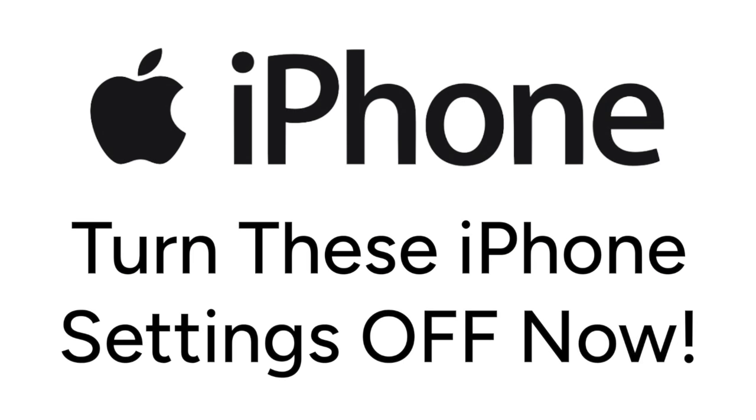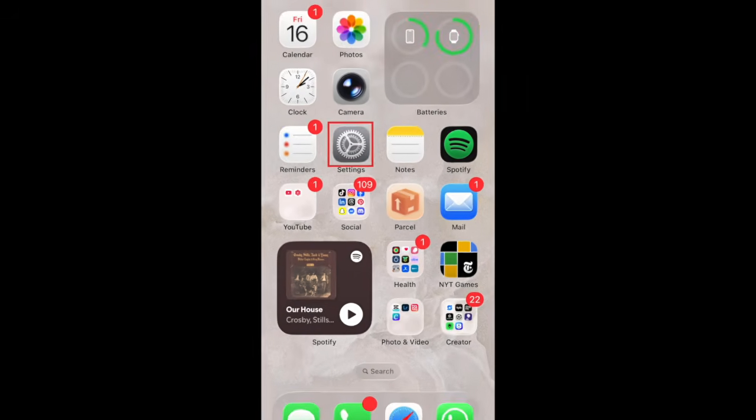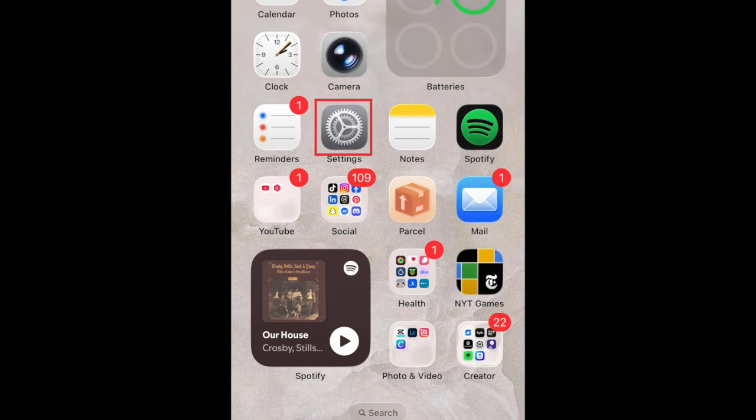Want to make sure your iPhone's privacy settings are configured correctly and also make your battery last as long as possible? We are here to help. I'm Jessica, and in this video, I'll go over 10 different settings to review to protect and optimize your iPhone. Now let's get started. The first settings we're going to look at are ones that share your personal usage data